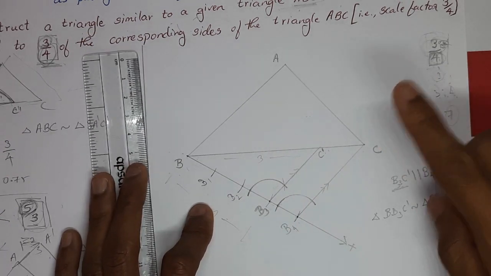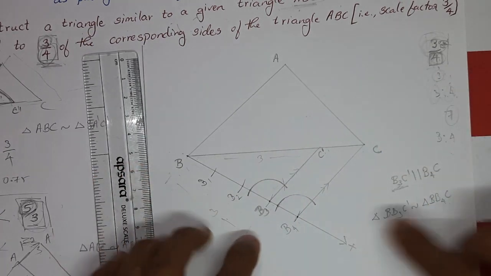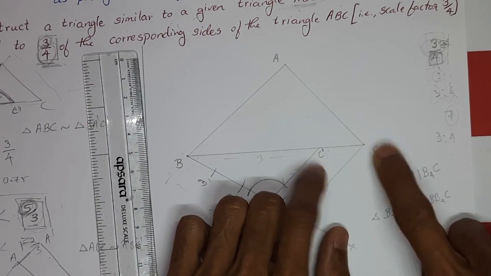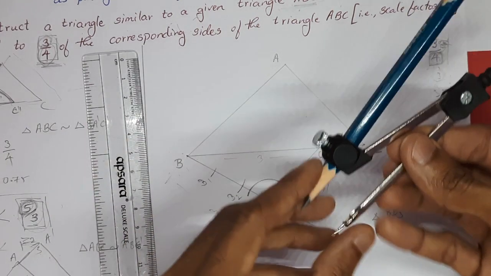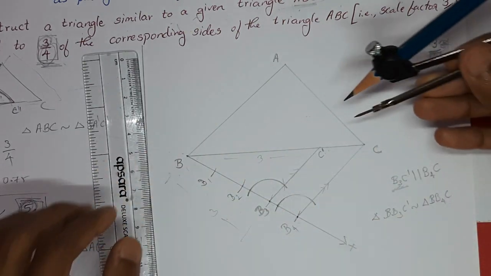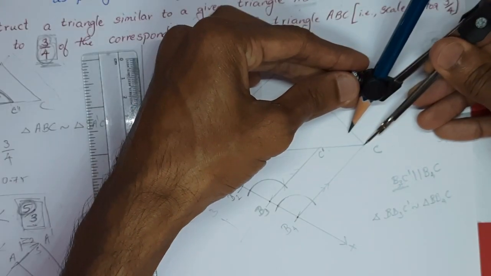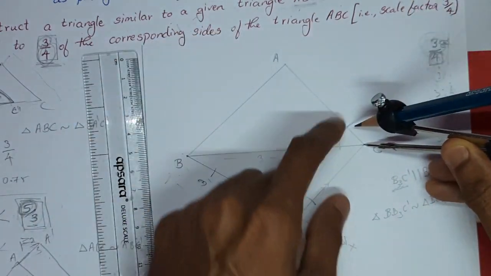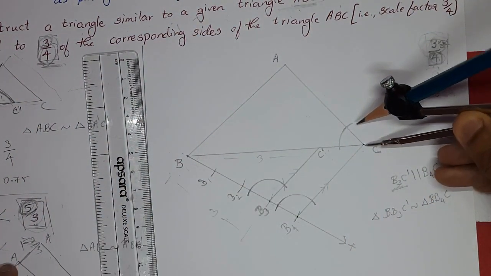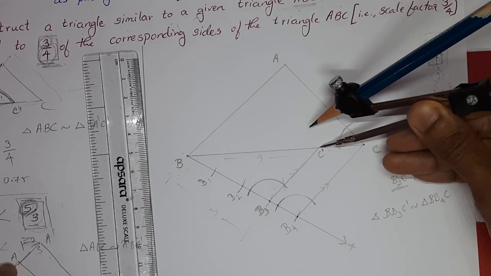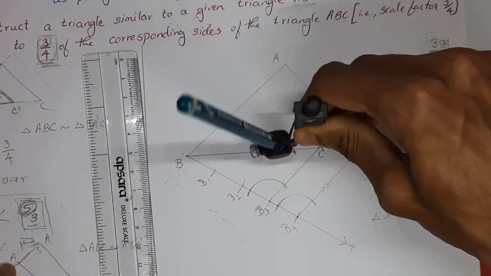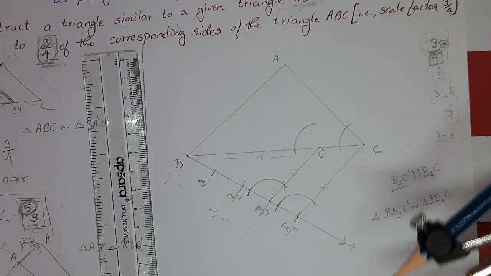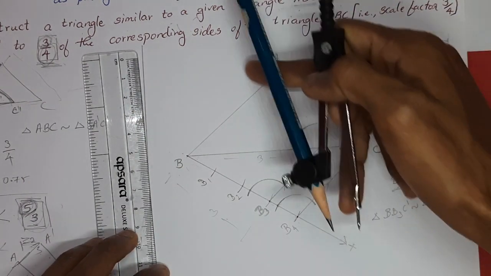Again, the same way. What you have done at B4 and B3, the same thing you have to do at C and C dash. So how do we do it? Take a compass and take any measurement, you can change it now. Take any measurement and draw one line here. Now it has an angle over here, no? Draw one line. Keep the same measurement on C and draw one more line, like this. Okay, you simply have to draw a parallel line. For AC we have to draw one more parallel line here.